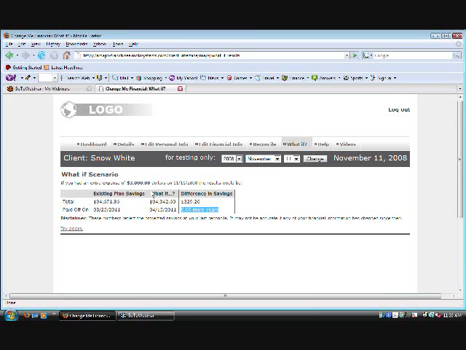Now, it's usually a lot different than this because this person had a lot of discretionary income and is getting out of debt in less than 2 years. Usually things like that don't take place. Usually it will show a more significant difference in savings because of the interest being